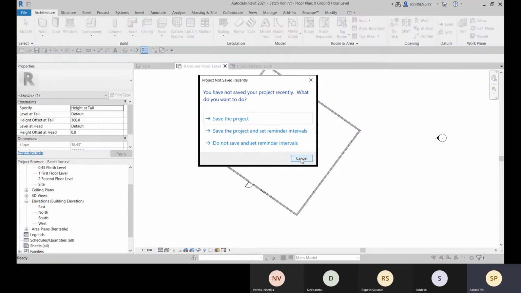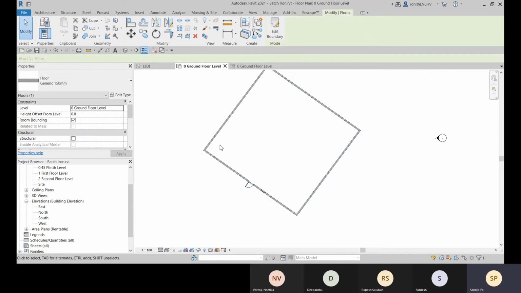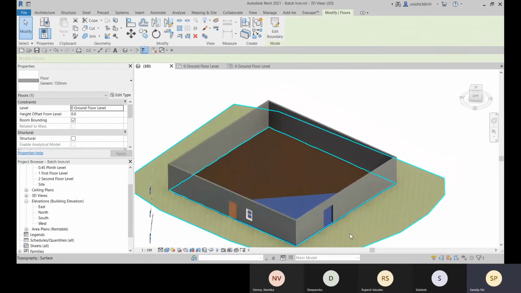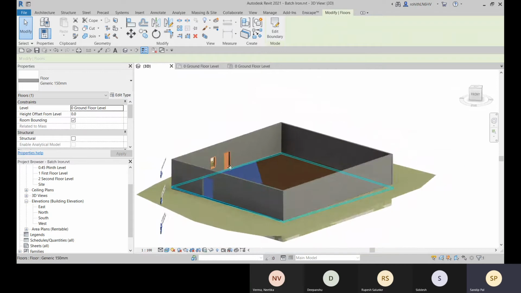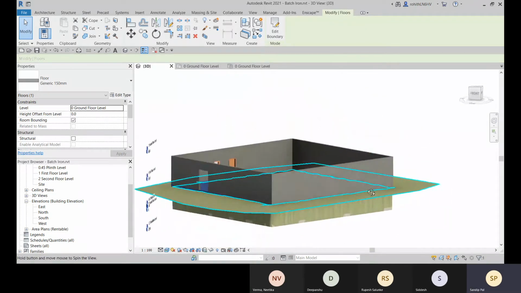Now you see that it's asking about overlaps with highlighted walls: would you like to join and cut the overlapping volume out of the walls? Let me go with the no option. And now let me show you the floor which is created right now with a slope.